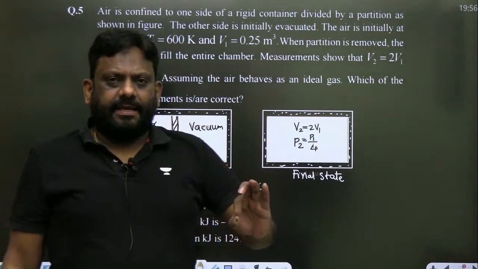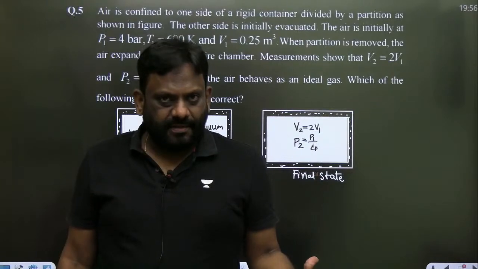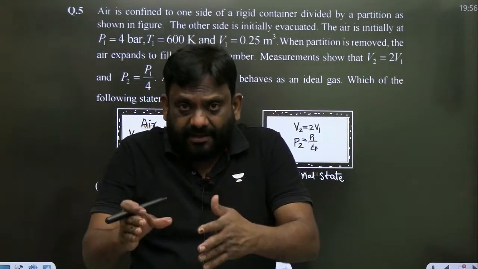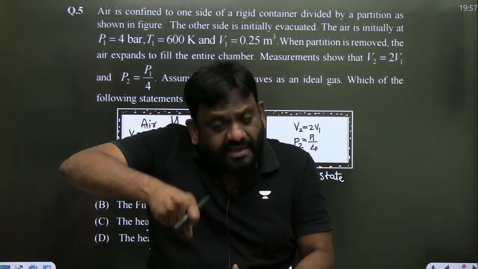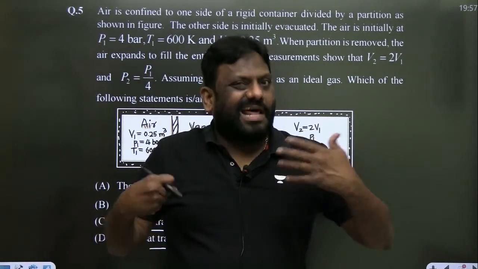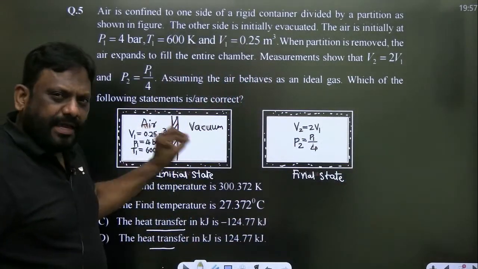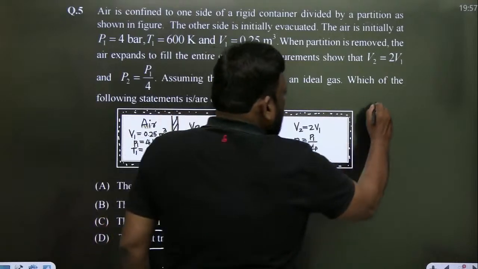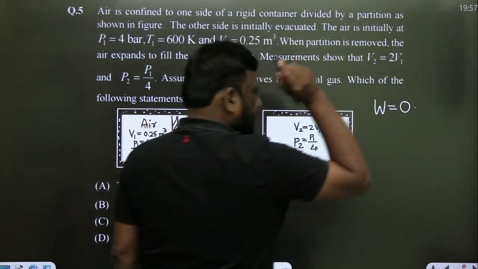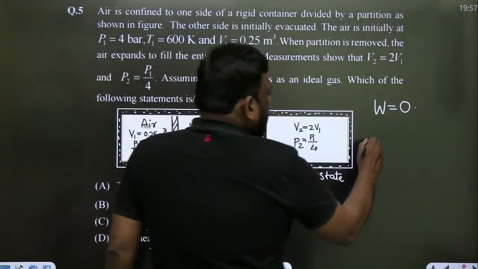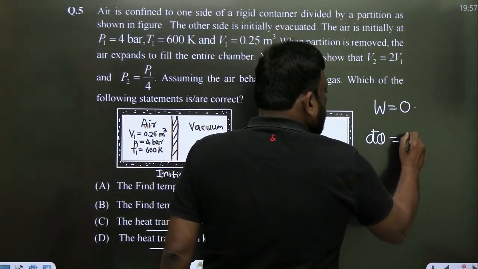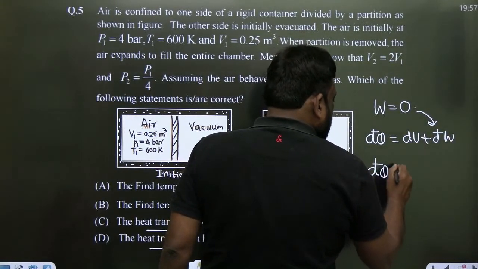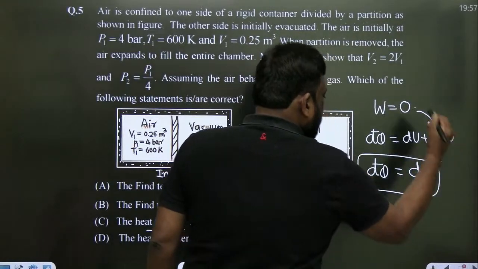Work transfer के लिए there has to be some resistance. So if I am lifting this bottle, इसका weight oppose कर रहा है, तो उस resistance को overcome करने में work करना चाहिए. Larger the resistance, larger is the work. On this side there is vacuum, no material medium. So this air has no resistance. So I can say that the work transfer is 0. ठीक है. Now, I can write d dash q is equal to du plus d dash w. Already work is zero. So whatever the heat transfer is taking place, it is nothing but change in internal energy in this case.